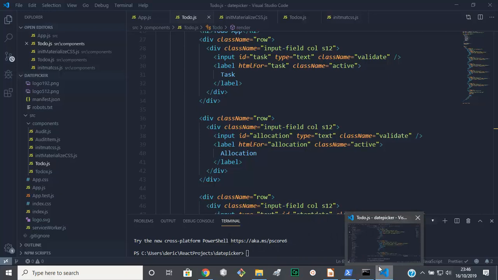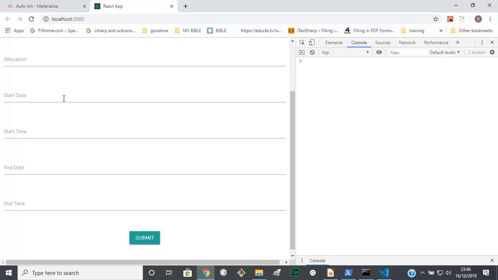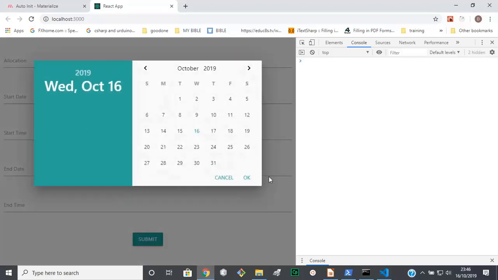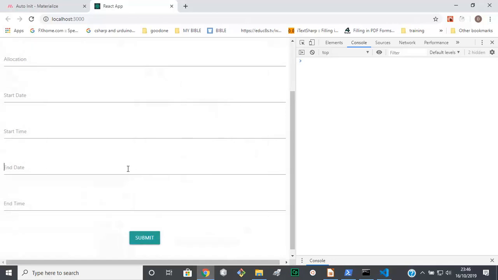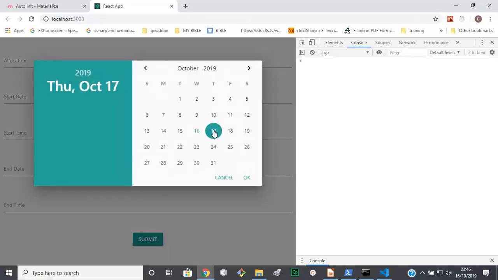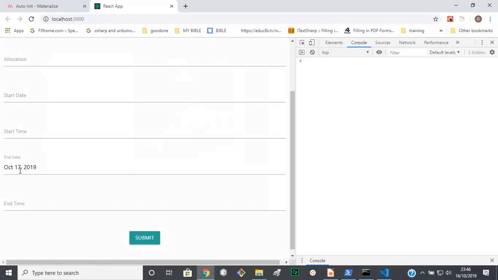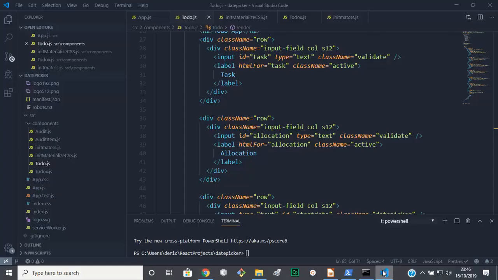So to go around this, if we go back to our application here, say it's the start date, end date, we choose this one. We have got the default date. Now if we can just work on this one, leave the rest, start date, start time, and end time under auto init, but let us customize this. So how are we going to do this? What you need to do,